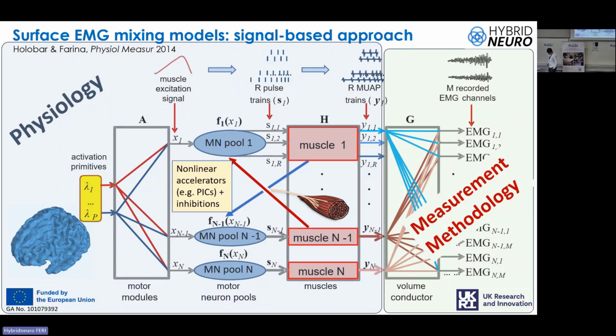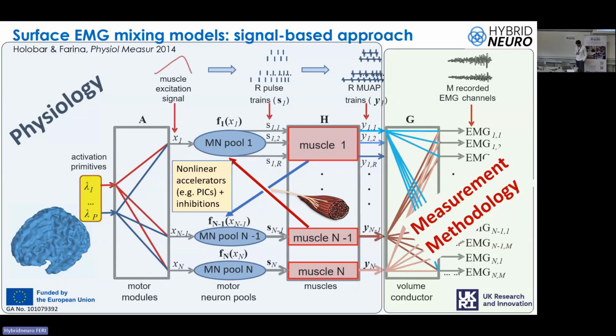As Alex already talked about the slide, I'll just do a quick recap regarding this. We have a part of physiology where there is a multi-layer mixing happening. And when we want to measure the muscles, we apply some kind of methodology, and usually we are faced with some limitations of that methodology. So what we want to do is understand the physiology, but we are limited by the methodology